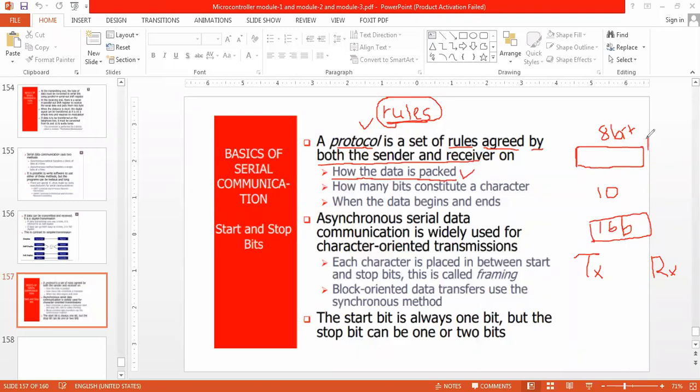This I call one packet. That packet may have 8 bits of data, or 10 bits, or 16 bits. It can go up to, as I know, 40 bits of data in one packet.